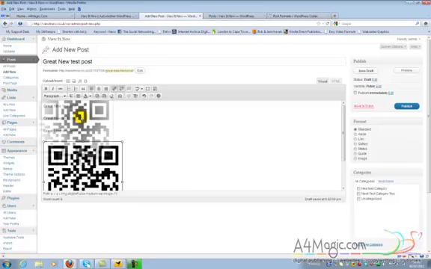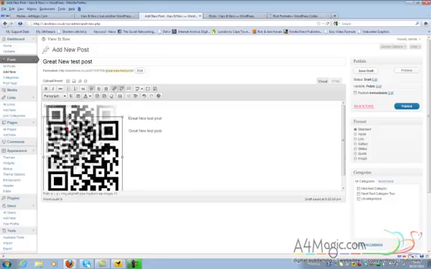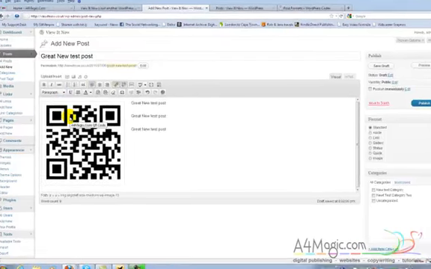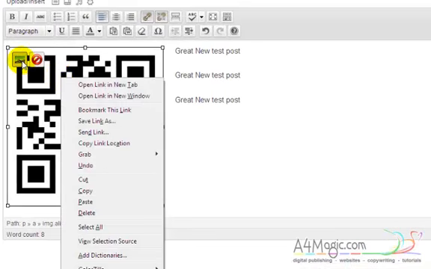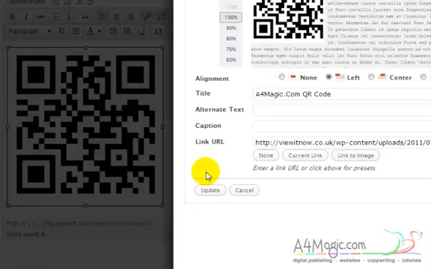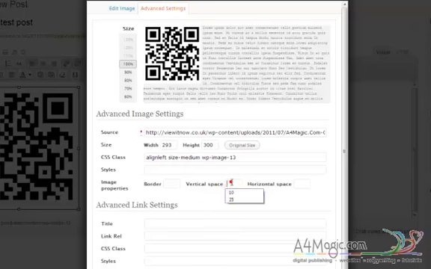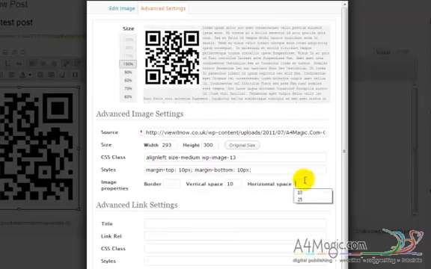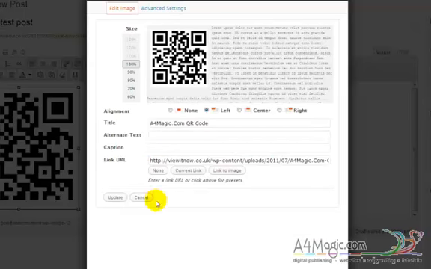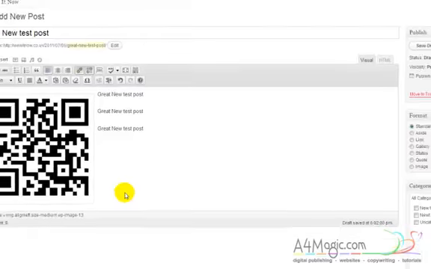Now what I would like to do is actually have it right up in the corner here. Whenever you want text to have a space around it, you can go to advanced settings, and I would usually select 10 pixels spacing, and if you want to have a border, then you would define the border area in here. Lots of the settings in here I'll be going into in greater depth in the more advanced videos. So if we update that,